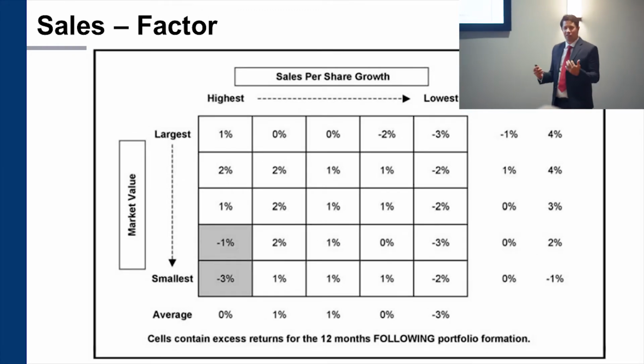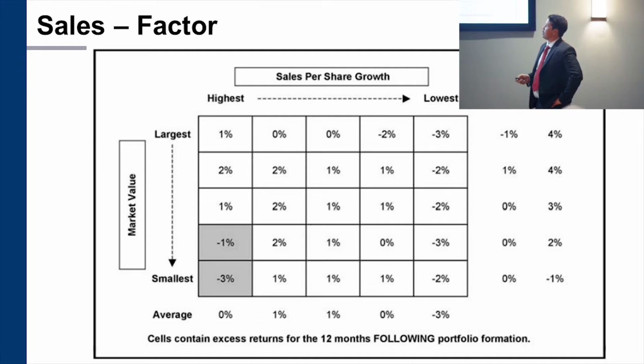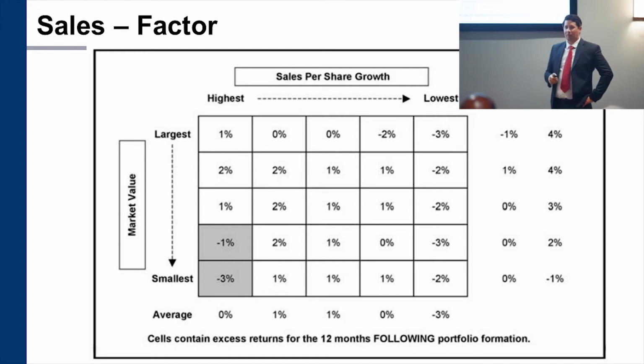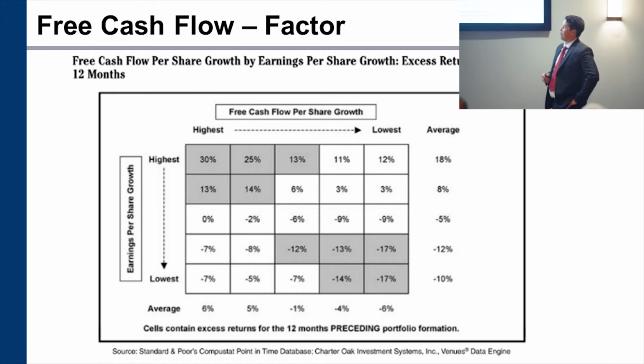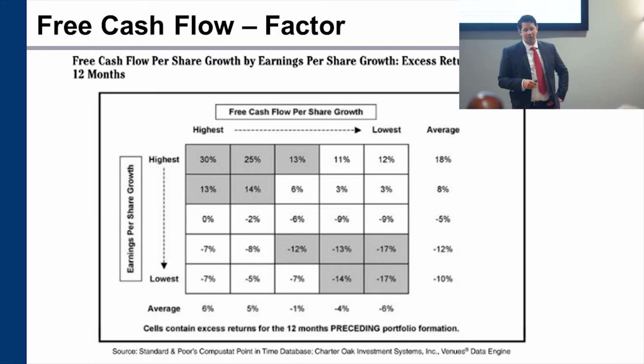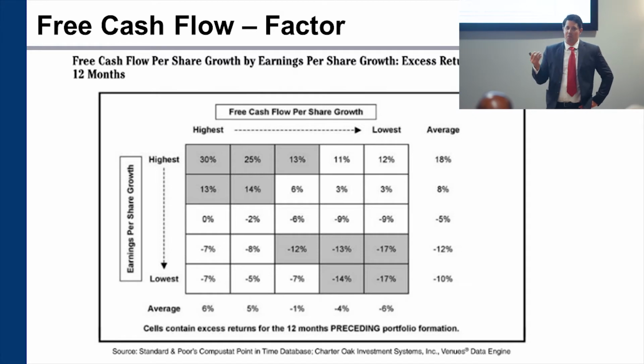Again, there's nothing really there that jumps out. I mean, the ones with low sales obviously don't do well, but you're really not getting a ton of outperformance by buying the stocks with the highest sales. So that's kind of weird, it kind of goes against the logical thought there. So those are common factors, and those commonly used factors over time have really stopped working in their predictability of